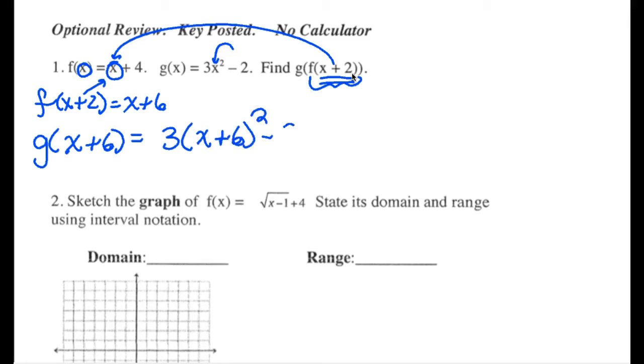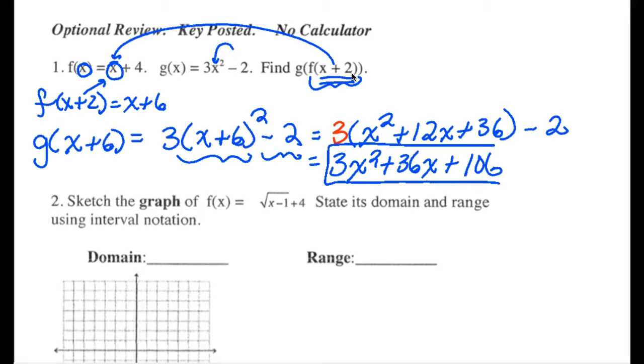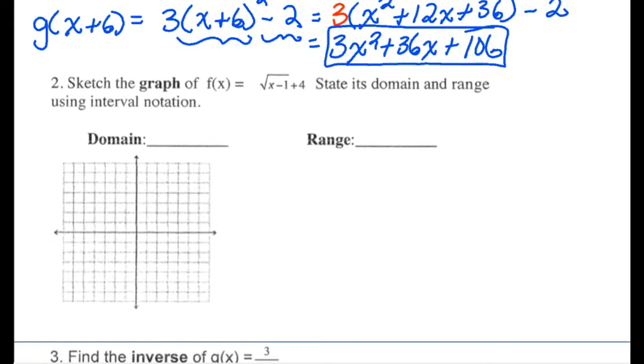We'll square it up, subtract 2. This then needs to get FOILed. You can do that on your own. Foiling that will give us x squared plus 12x plus 36, and then we still have the minus 2. Distributing the 3 in gives 3x squared plus 36x plus 108 minus 2, which is going to give us 106. So there's number 1. Number 2, we're going to sketch a graph and state the domain and range of a